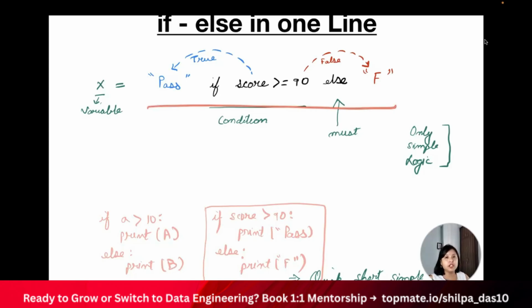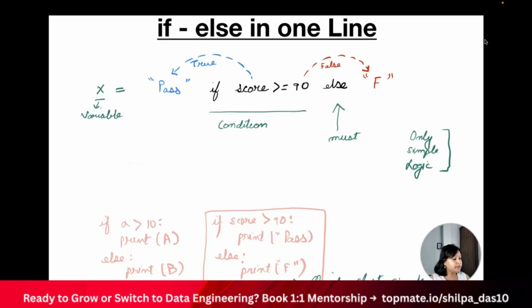Now, what happens here? This is just one line. It's very easy to read, right? And in this one line, I'm passing a variable. Whatever output is there, I will be storing inside this value. It means even if it's true, it will be storing the value inside this variable, and even if it's false, it's going to store it inside this particular variable, right?